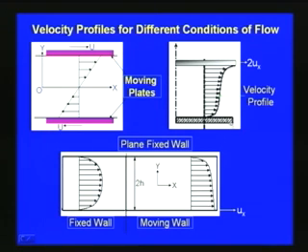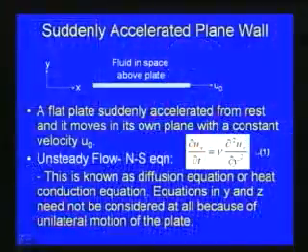If the bottom plate is fixed and the top plate is moving with a velocity of 2ux, then you can see the velocity variation can be like this. This is the plane Poiseuille flow, where both plates are fixed, and if the bottom plate is moving like this, then the velocity variation can be like this. Depending upon the problem, it can be plane Poiseuille flow, Couette flow, or both plates moving in opposite directions. So, these are the various cases.